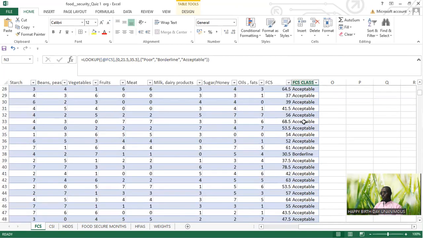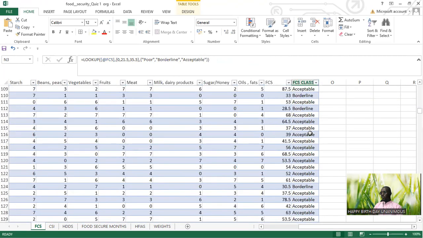Now you can see that they are all classified. Borderline,